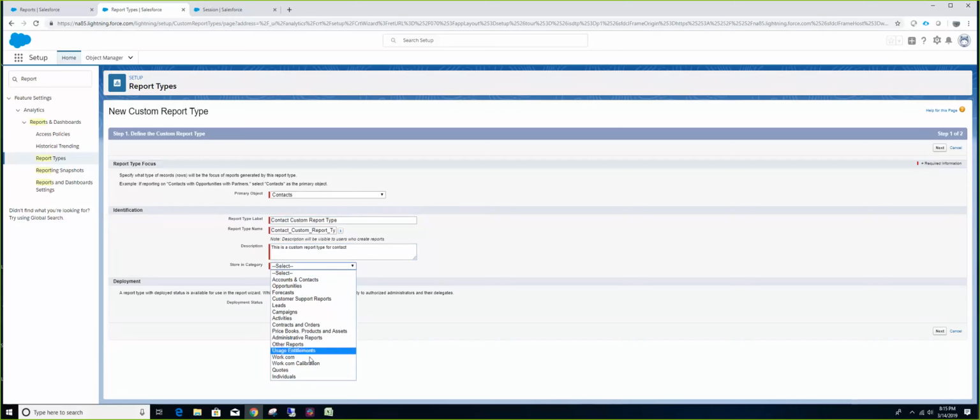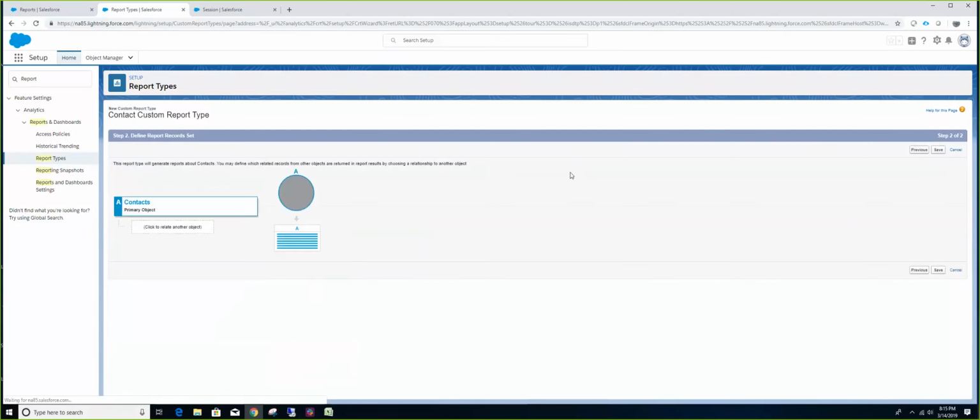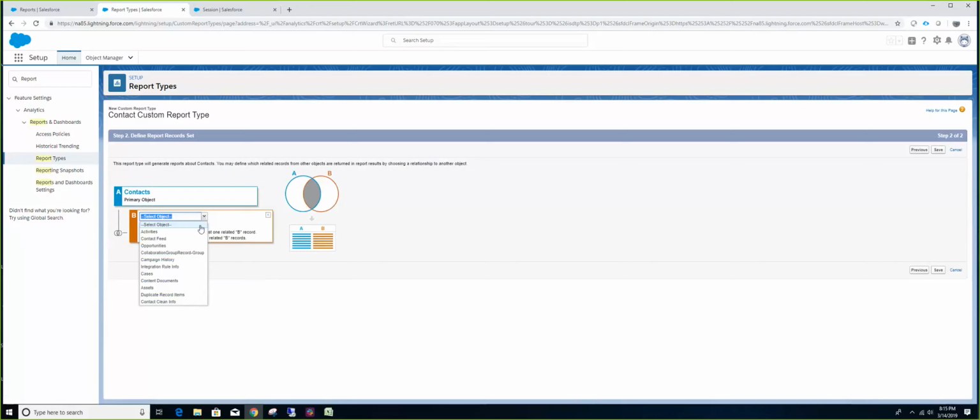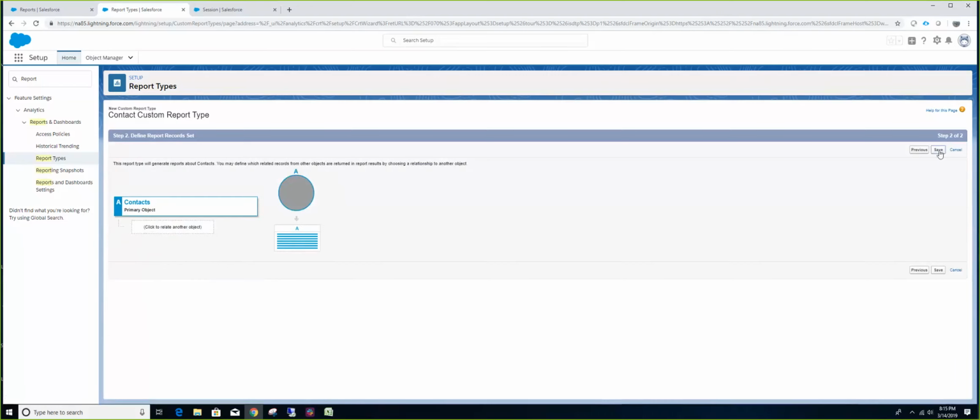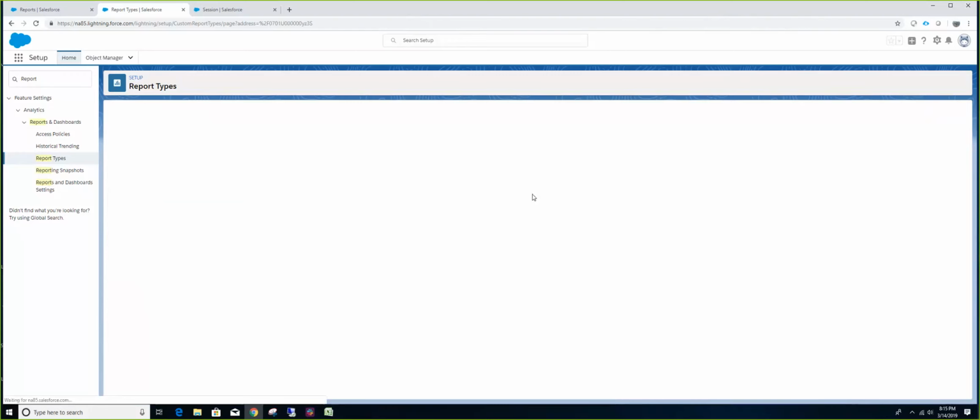I'm going to store it in the category other reports, and I'll set it as deployed so I can use it. Okay, so the primary object is contact. I'm not using any relationship objects or anything, but the primary object is contact, and I'm going to just save it.